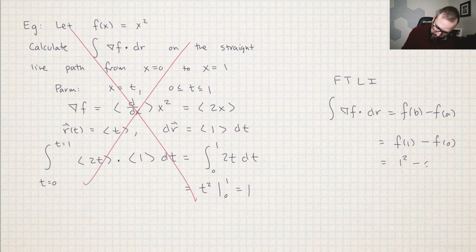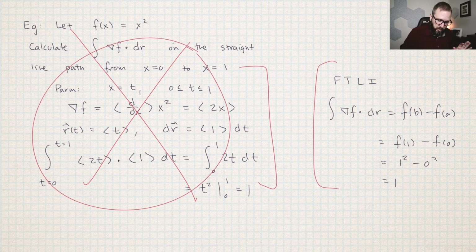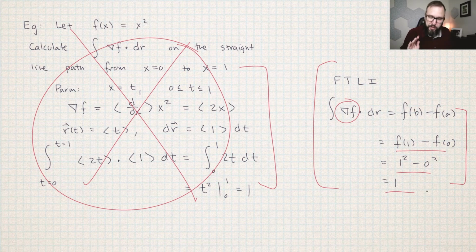So I'm just going to do 1 squared minus 0 squared, and I get 1. Okay, so the point that I'm trying to make with this is that there's two ways to solve all of these problems. This way here is you parameterize the path, you plug everything in, you calculate that dot product, you turn everything into t's, and then you spit out the answer. The fundamental theorem of line integrals is kind of like the shortcut way, where all you do is you sort of find what your original function is the gradient of, and you just plug the endpoints in